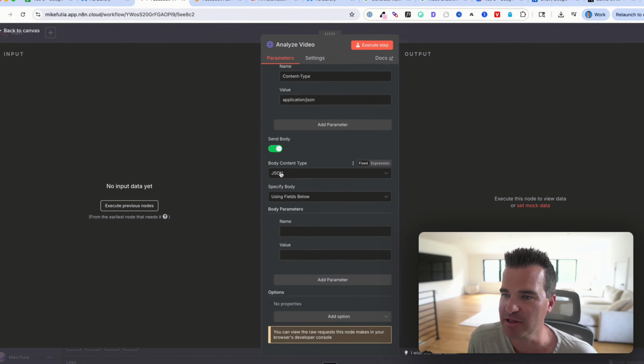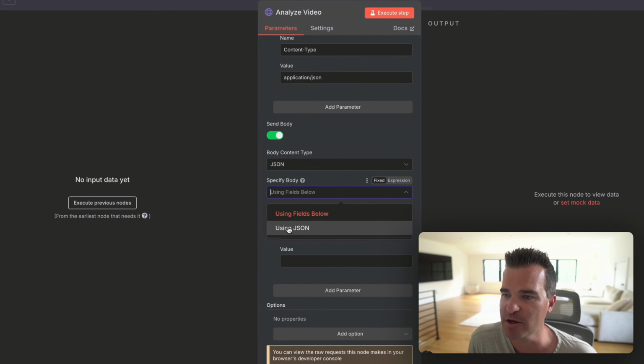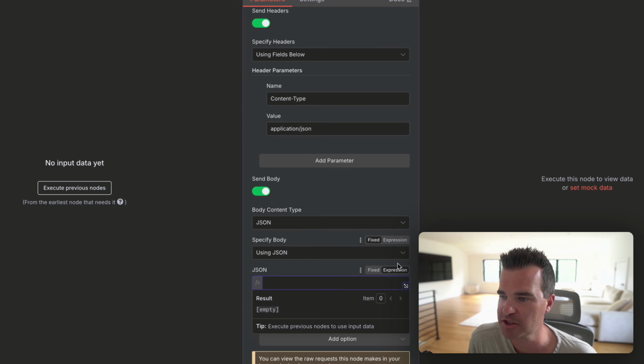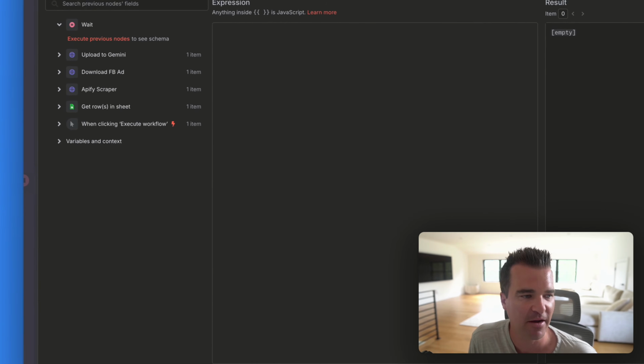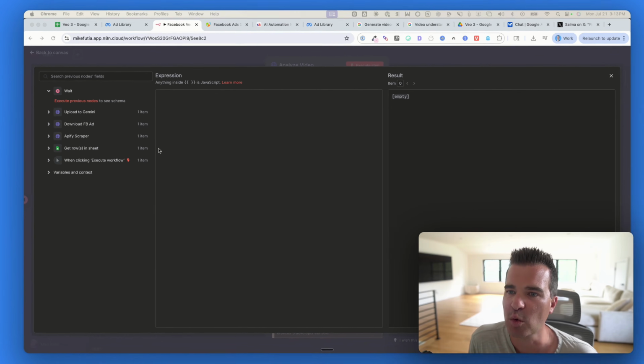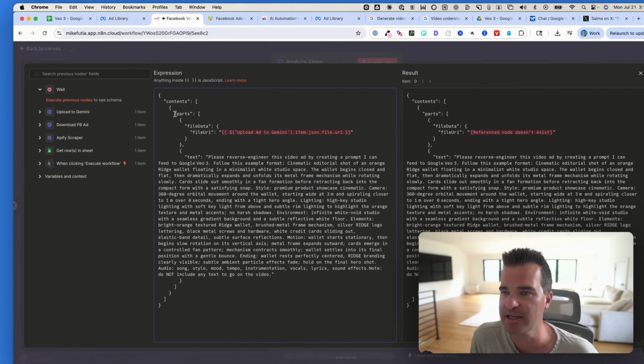So we need to tick on send body. Body content type you can leave as JSON. Specify body, you want to change this to using JSON. And you want to change this to expression. And let me just open this up. And now I'm going to just copy what I have from the finished workflow here, paste this in and explain